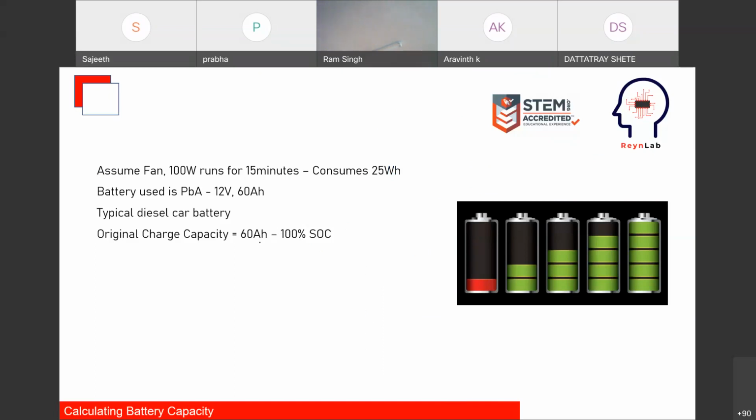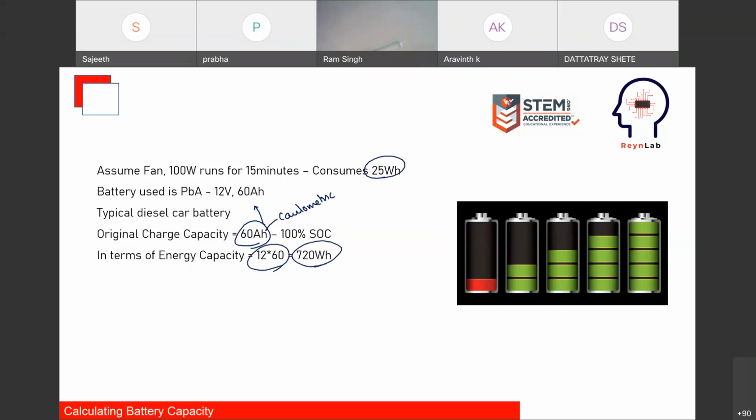I'm talking about ampere hours again here, right? I'm talking about ampere hours basically because that's how batteries are demarcated. Batteries, you don't get whatever capacities, you get ampere hour. So ampere hour is capacity in terms of current. We call this coulometric capacity. If you want to convert this into watt hour, because watt hour is what we calculated earlier, multiply current by voltage. So 12 into 60 gives me 720 watt hour.